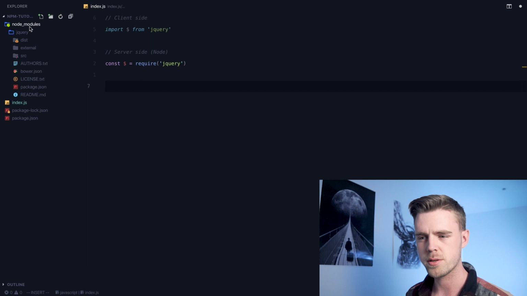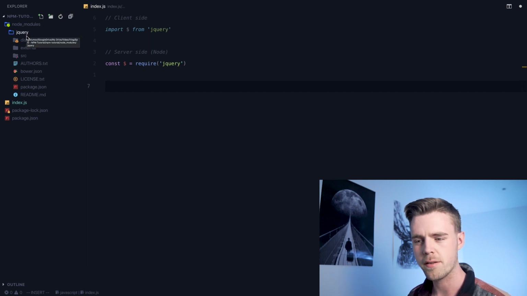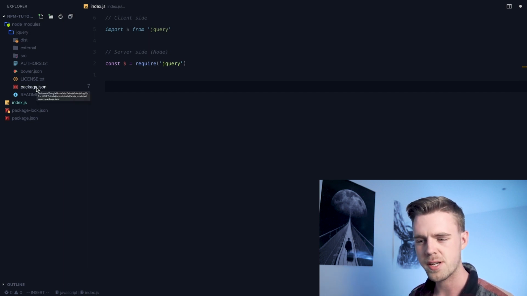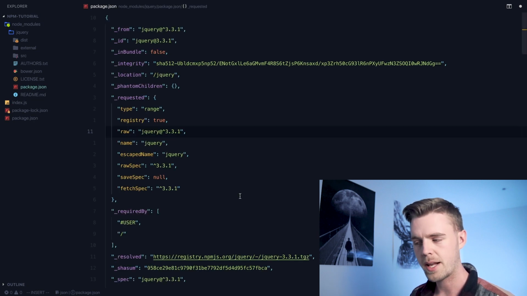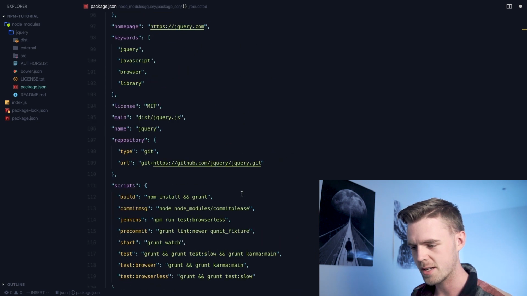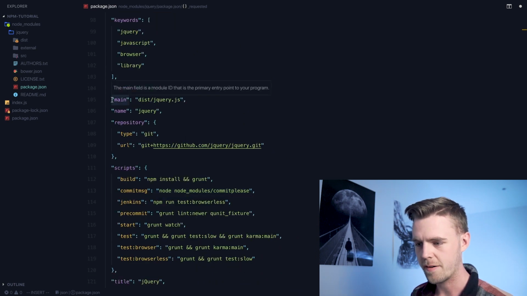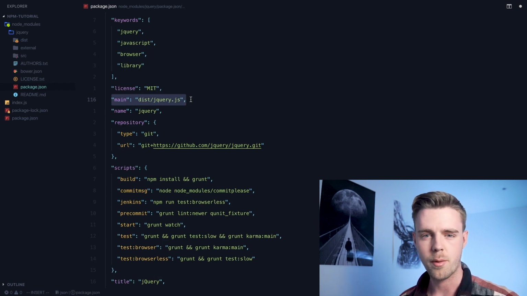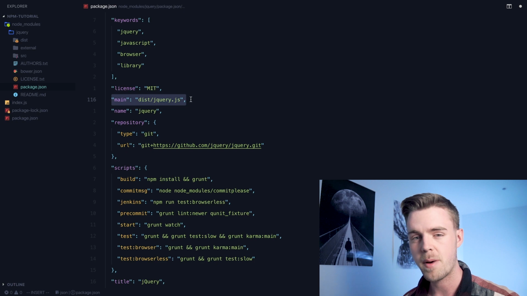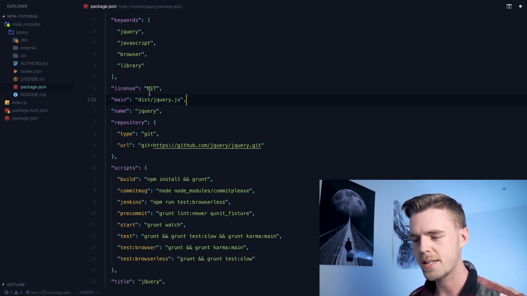If we go to our node modules folder and then to our jQuery folder, we'll find a package.json file. Just like we have a package.json file, each one of the packages that we're importing will also have a package.json file. If we click on this, you'll see a bunch of information about this package, but what we're interested in is a little bit further down, and it's right here, the main property. The main property tells Node and bundlers like Webpack the actual file and its path of the module that we want to import. So we can see in this case that's